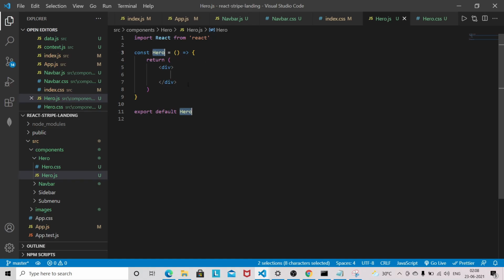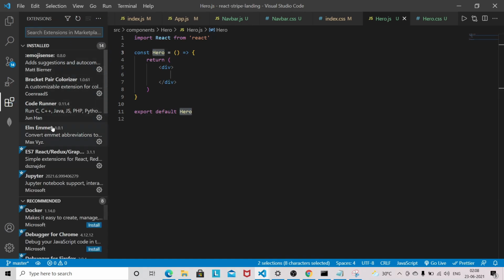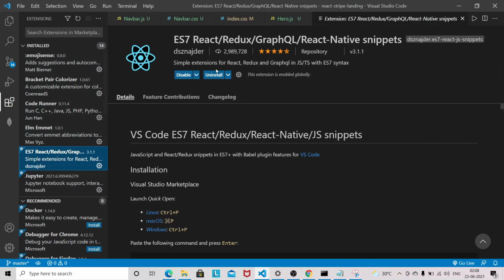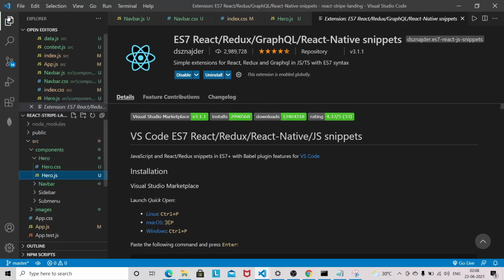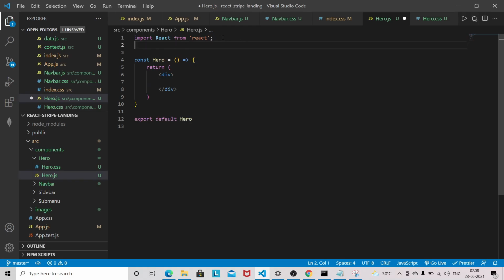If you're not aware of how to generate this snippet, you can simply install this extension. This extension you need to install to generate the snippet the way I just generated. So let's start working on this component.